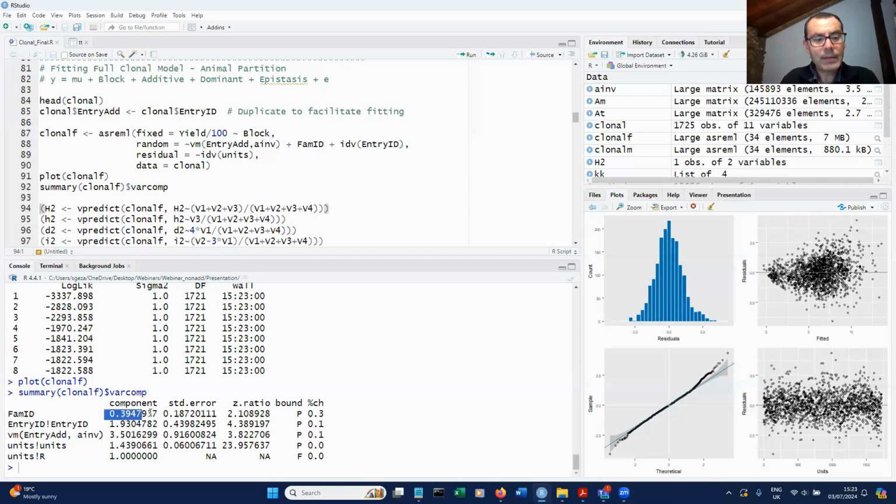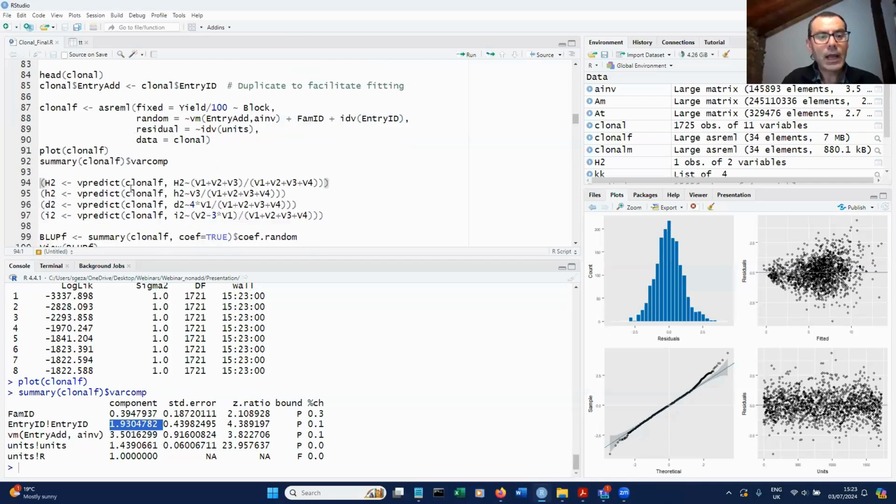Now, this is the family ID. We multiply by 4 and we'll get the dominance variance. And then if we divide it by the total phenotypic variance, we'll get the dominance ratio. This term here is the additive variance 3.5, which is good. And then we have this term, which is the rest of the genetic or the non-additive. It's 3/4 of the dominance plus the epistatic effect. So now I'm in a position to calculate different components, and these are the